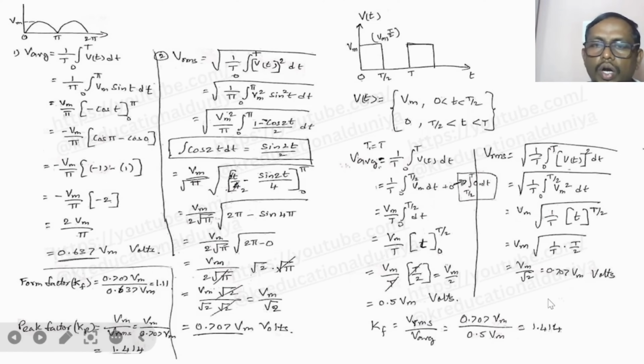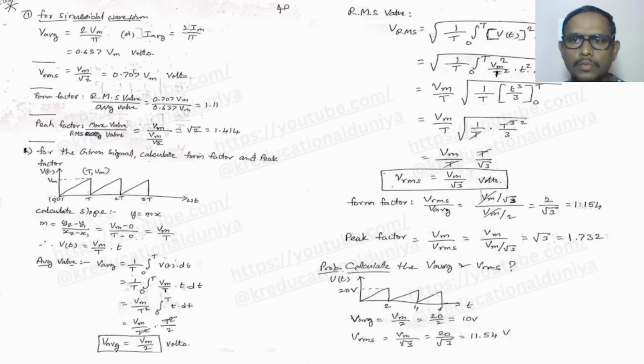So you got V average value is 0.5 Vm and Vrms value is 0.707 Vm. After that, find out the peak factor and form factor. Here I have found only form factor. So form factor equal to Vrms by V average, 0.707 Vm by 0.5 Vm. I got 1.414. So these are the sinusoidal waveform formulas which we have seen already, and after that, for the given signal,